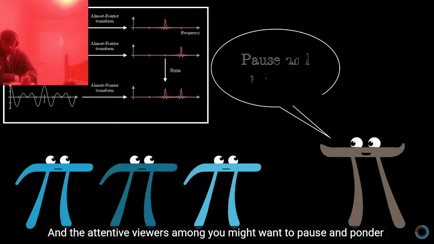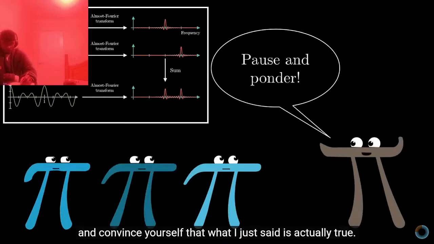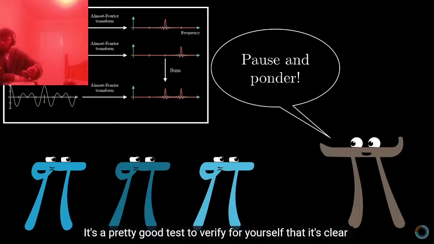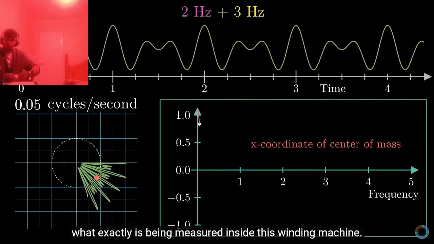And the attentive viewers among you might want to pause and ponder and convince yourself that what I just said is actually true. It's a pretty good test to verify for yourself that it's clear what exactly is being measured